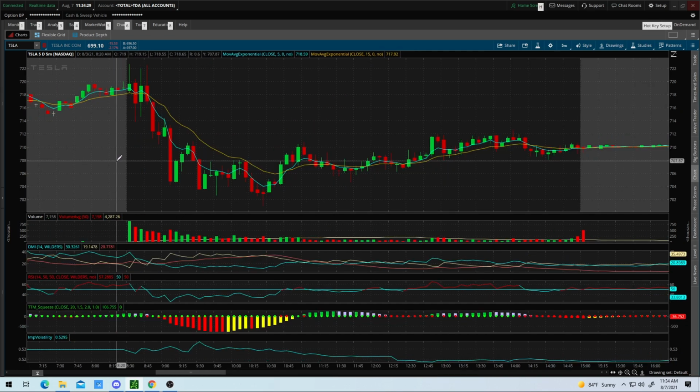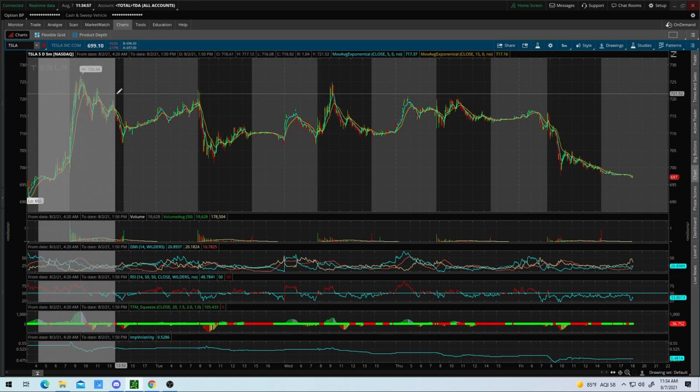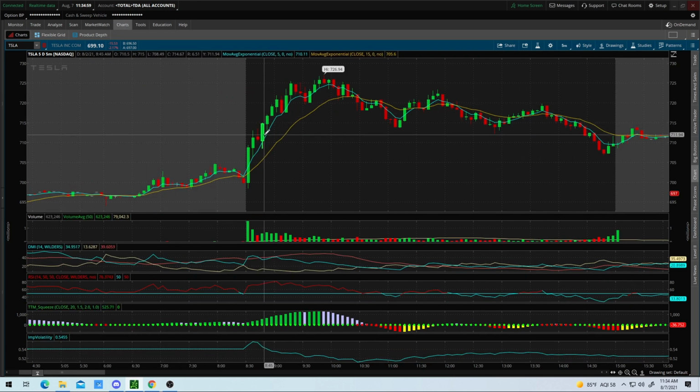Keep in mind, the 2 things I want you to keep in mind for doing this is, one, probably the most important besides knowing what you're doing on a chart, is volume and understanding candlestick patterns. I saw this, and I know this is indecision. It's almost a spinning top. Indecision pattern. Okay. You don't want to be in a bullish play, let's go back to here, and then see a Marubozu or a bearish Harami or something like that pushing back down here,